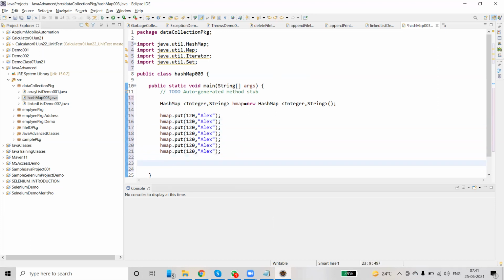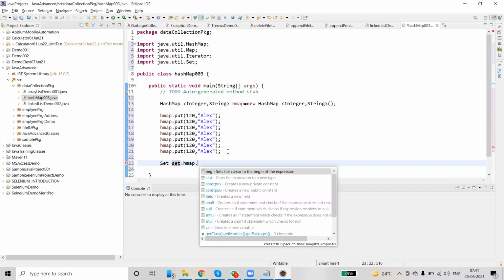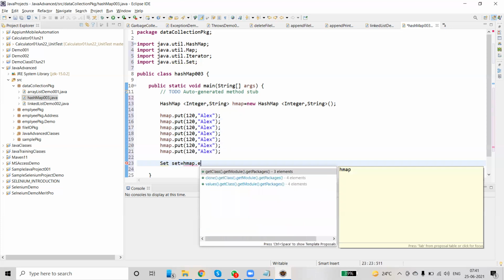Now, coming to displaying an element. How to display an element actually? Set. I told you we use a set to fetch the values. Set equal to hashMap.entrySet().